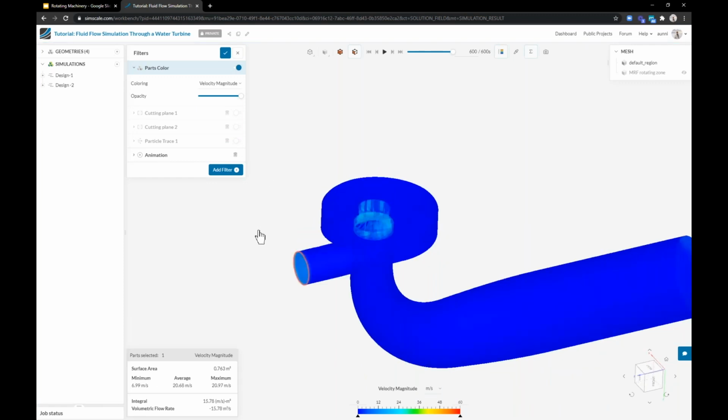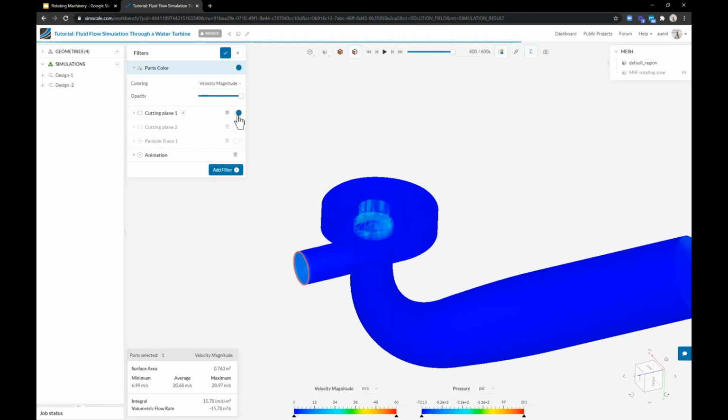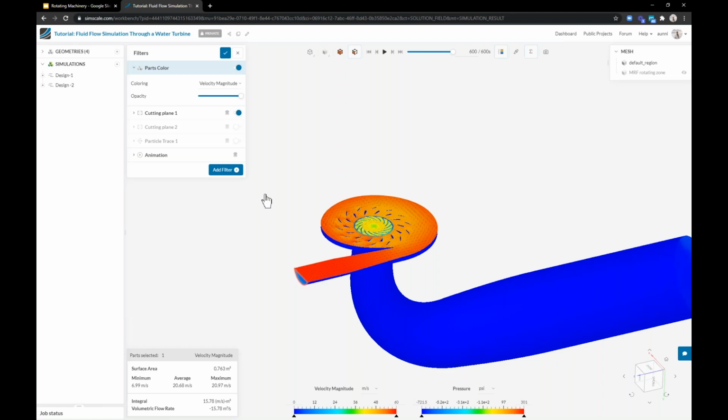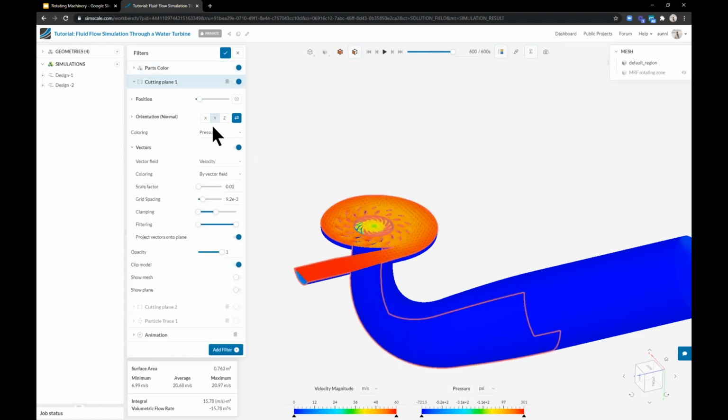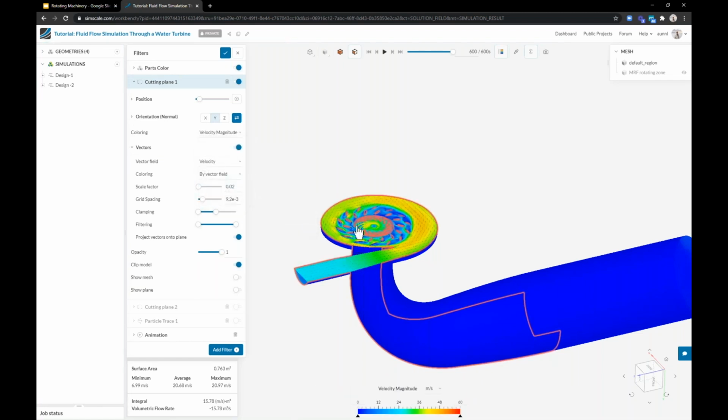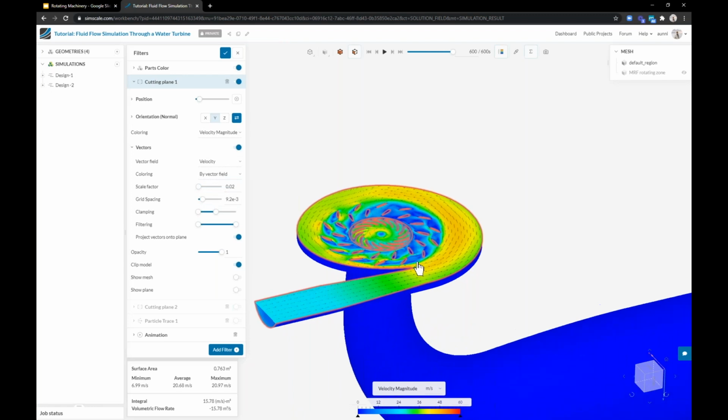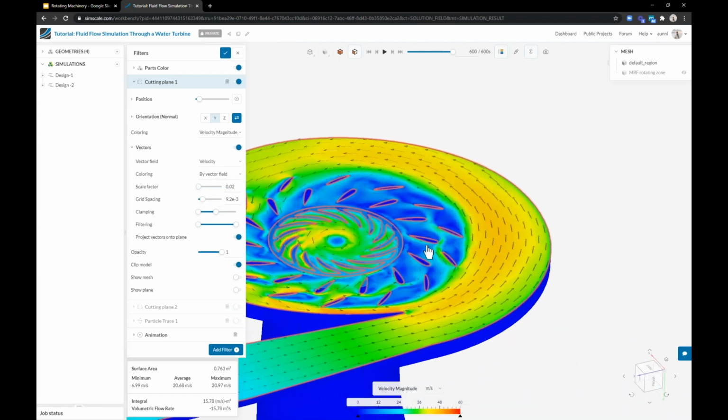So what I can do, in order to see what's going on inside the system, is cut it in the middle using a plane. So this is what I have done here. And now instead of looking at pressure, I can just change this to velocity to try and understand the flow around my blades. So now I can start to zoom in and look at how the flow is behaving around